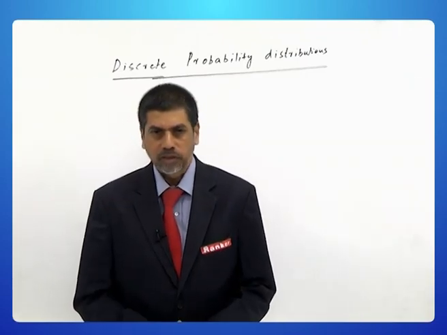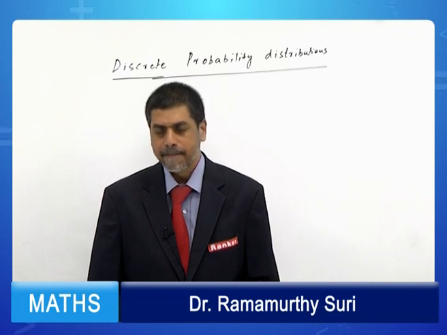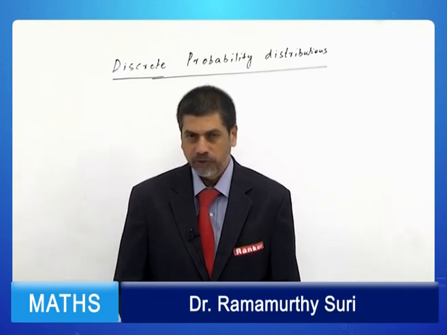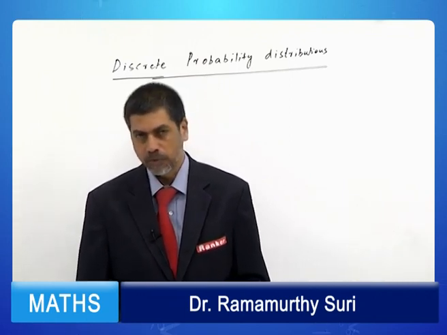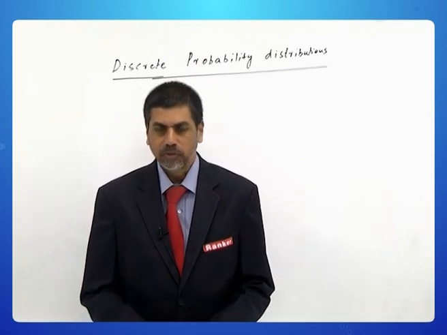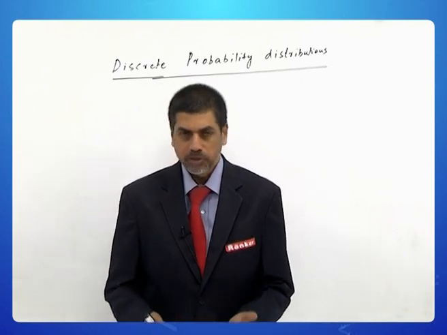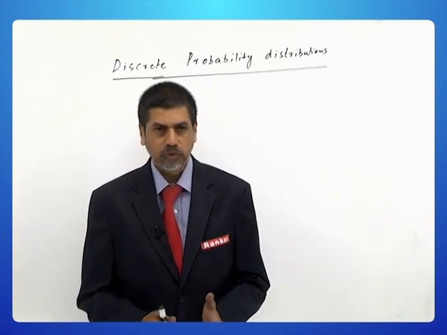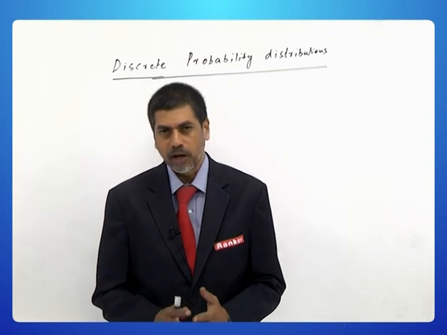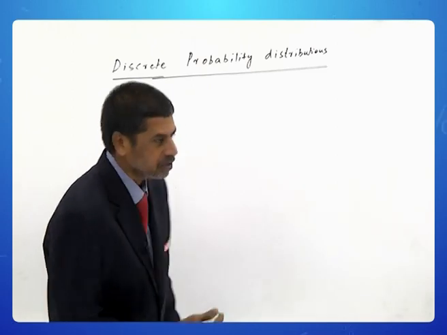So welcome to this lecture on discrete probability distributions. In the previous session we had seen the general properties of random variables. Now let us specifically get into well-known probability distributions. Probability distributions are basically divided into discrete and continuous, and among the discrete probability distributions we can specifically mention